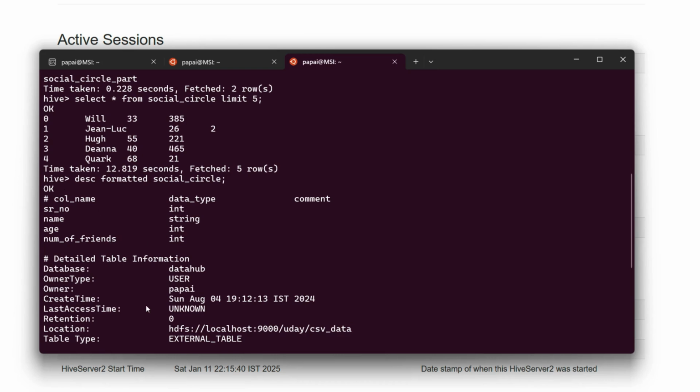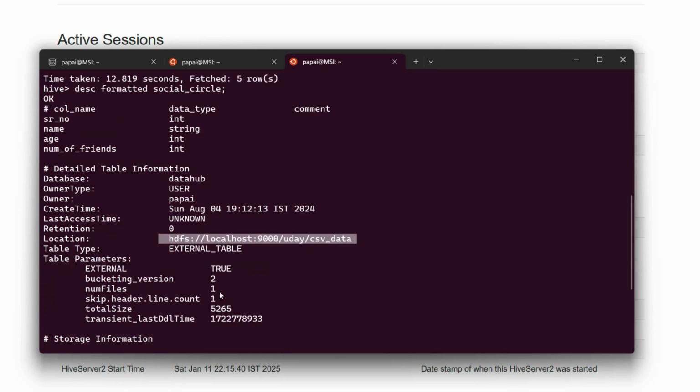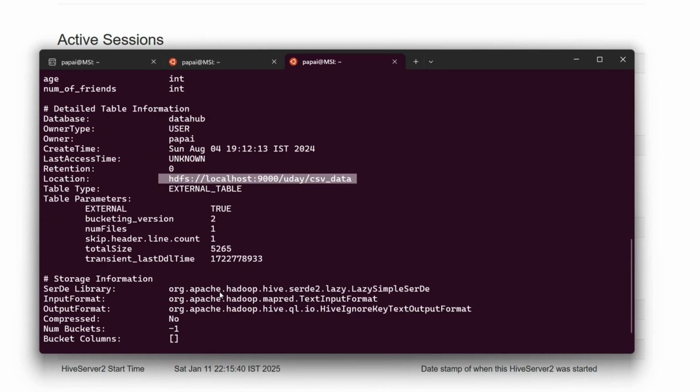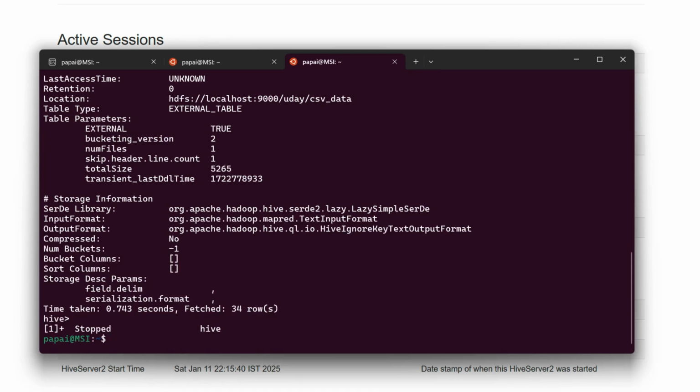Now, if I talk about the actual data, this is the location of the actual data. So as you can see, it's not a physical table or a database where I'm storing the data. It's actually reading from the data inside the Hadoop cluster. So if I try to validate the same, I'm going to get out of here. To get out of the Hive console, just press Ctrl Z. And to look into the data that is lying inside the Hadoop cluster, I will try